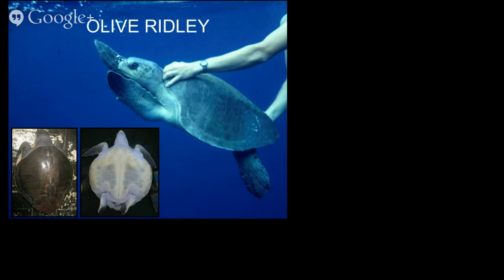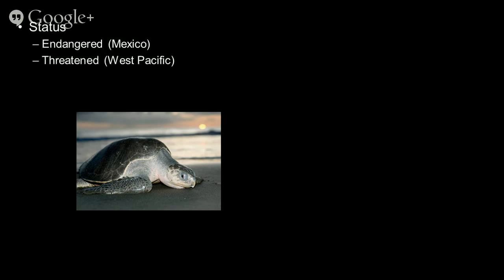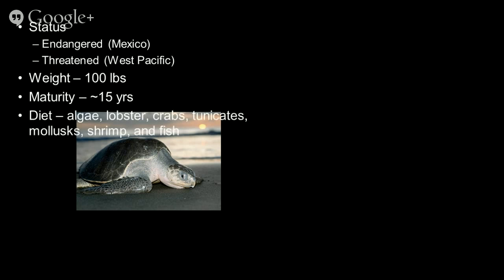Olive ridleys are another species that we see interacted with in longline bycatch quite frequently. So these guys are considered endangered in Mexico and threatened in the Western Pacific. They're a little bit smaller sea turtle, about 100 pounds in size. They mature a little bit younger, about 15 years old, and they eat quite a bit of stuff too. Algae, lobster, crabs, tunicates, mollusks, shrimp, fish, again, pretty much anything that they can get their mouths on